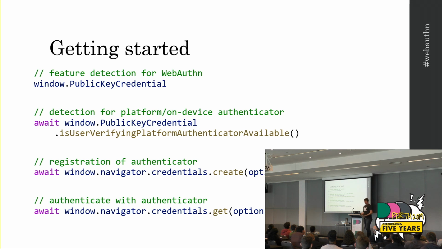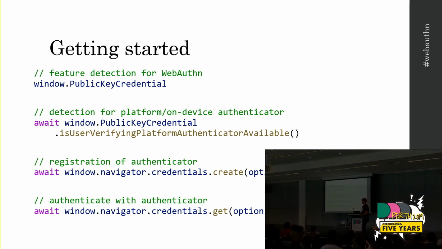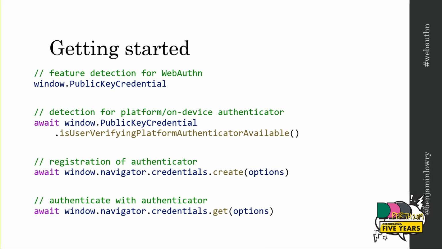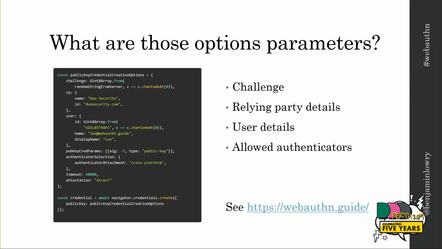Then you've got registration through window.navigator.credentials.create with some options, and getting that credential with credentials.get, again with some options. We don't really have time to talk about what those are. Essentially, that's the information that got sent between the different parts. So if you got something from your server, you would pass that through to the Authenticator, and that's basically the same information. If you want to look, go to WebAuthn.guide, which is associated with WebAuthn.io. I think the whole thing is built by Duo.